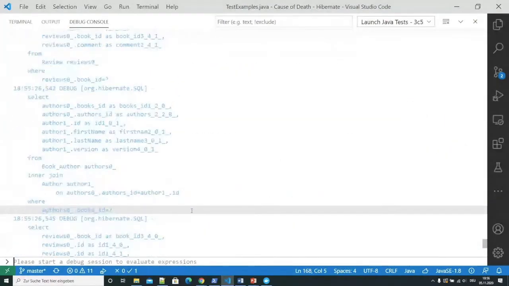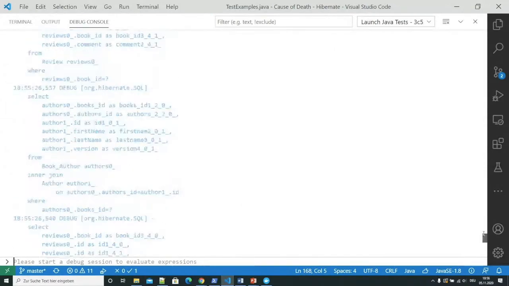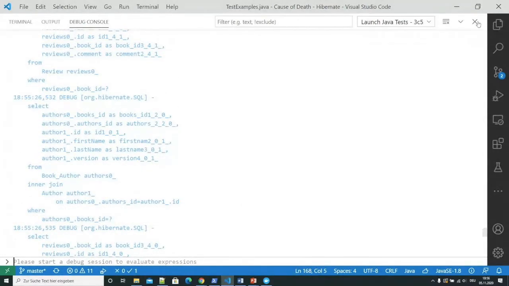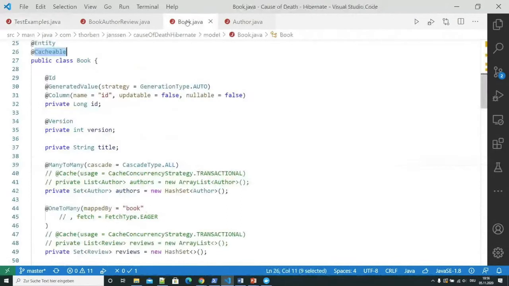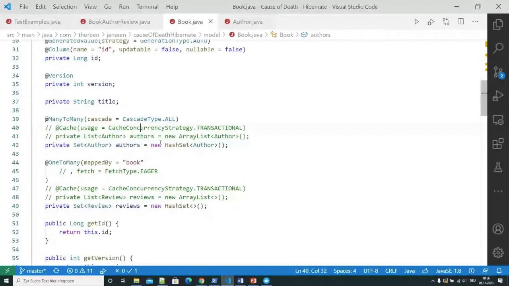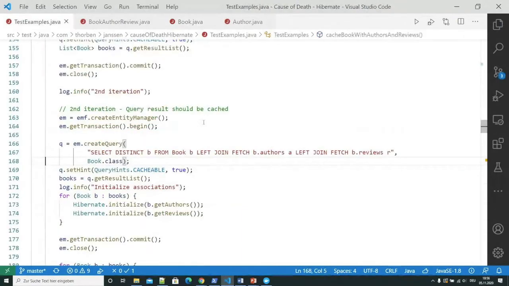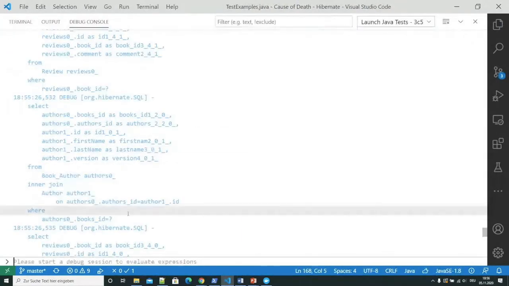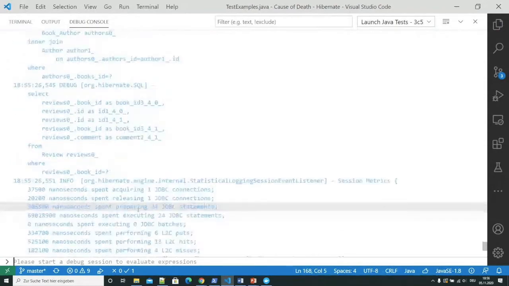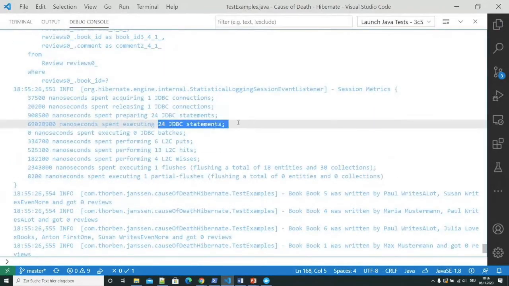After that, we still see here that we now have 24 statements, which is better than the 36 that we had before, right? But still more than we would probably expect.